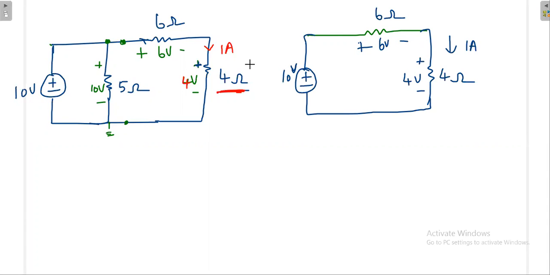So with respect to the load, with respect to this resistance, this is not giving any change. Whether it is there or not, I am getting same voltage, same current, then what is the need of having this resistance here? If you connect a resistance in parallel with the voltage source, what will happen? You are not getting any advantages, but it will give some disadvantage.